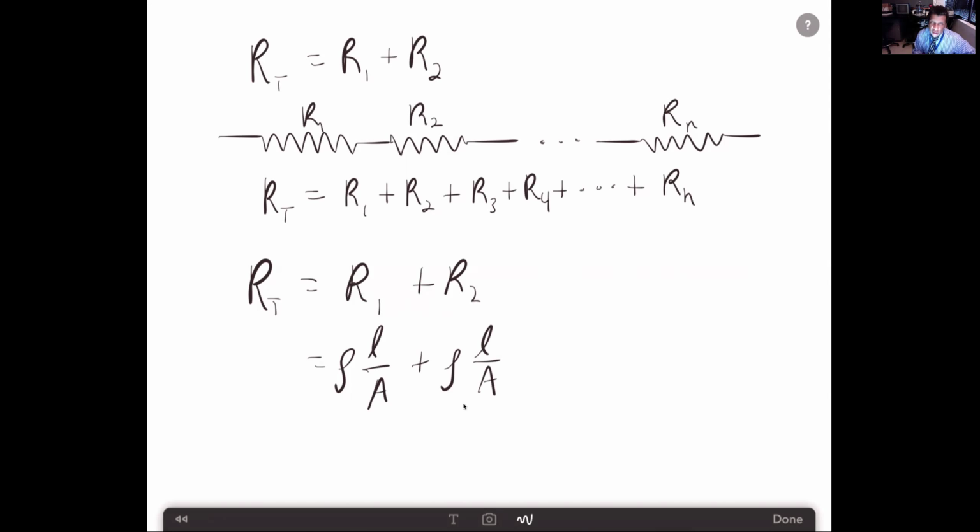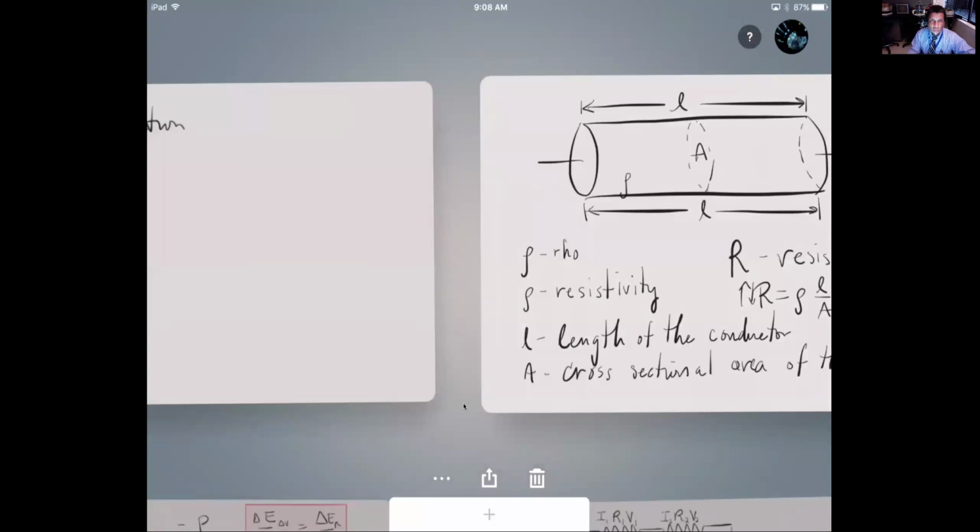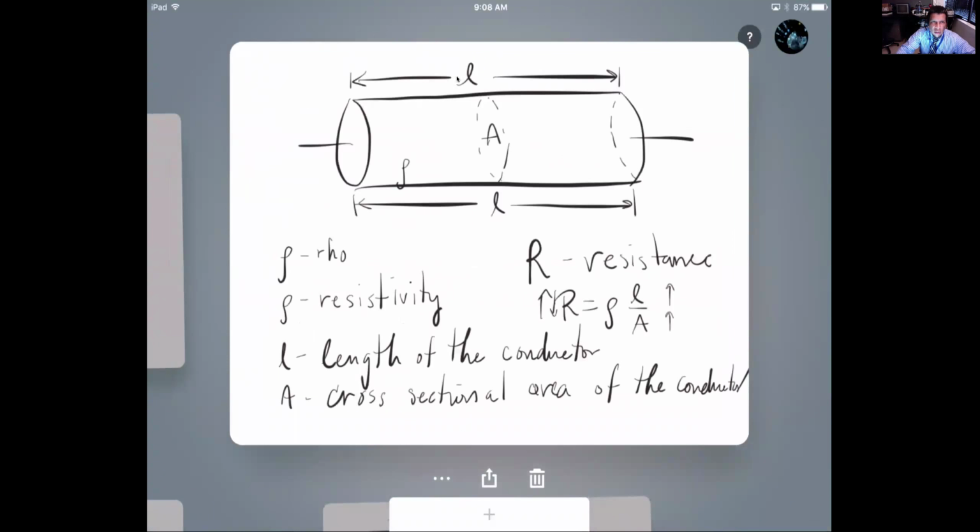If A doesn't change and rho doesn't change because we put them in series like this, the only thing that changes when you put them back to back will be their lengths. So you end up with rho times 2L over A. So if we go back to the original page here, remember we have L here representing the length. So we're basically putting these two cylinders back to back,